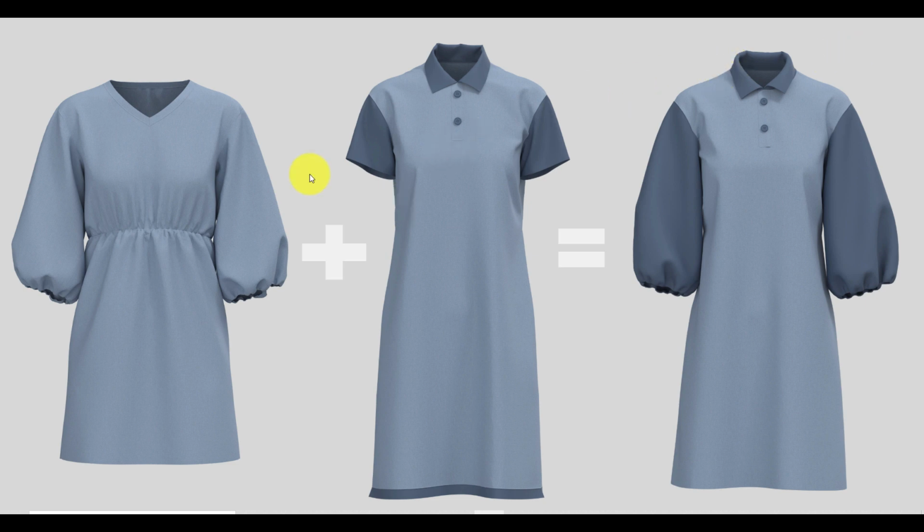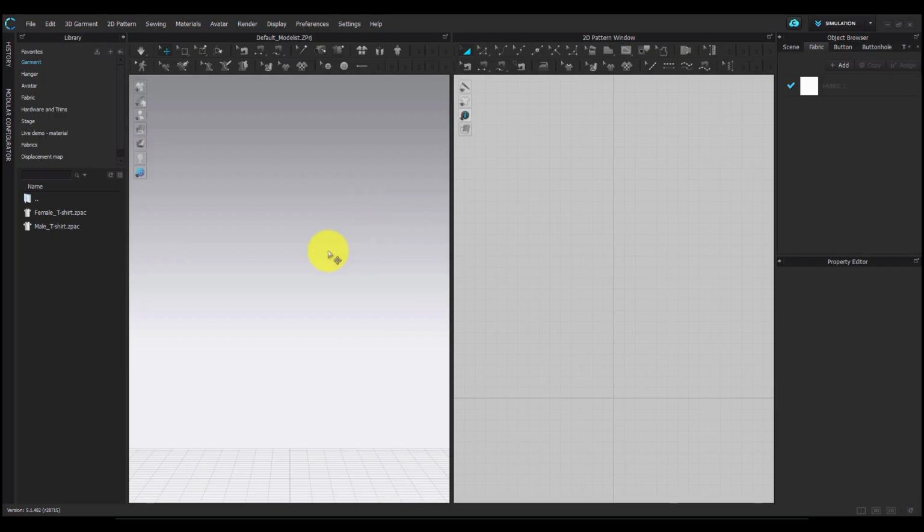So to begin with, let's simply understand modular configuration in general terms. Module, which means a set of parts or units used to create complex structures, and configuration, meaning the arrangement of these parts or elements. Essentially, modular mode in CLO lets you customize your own design by simply combining and modifying pattern blocks.